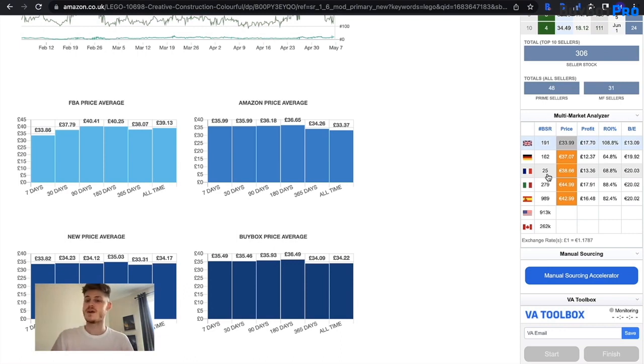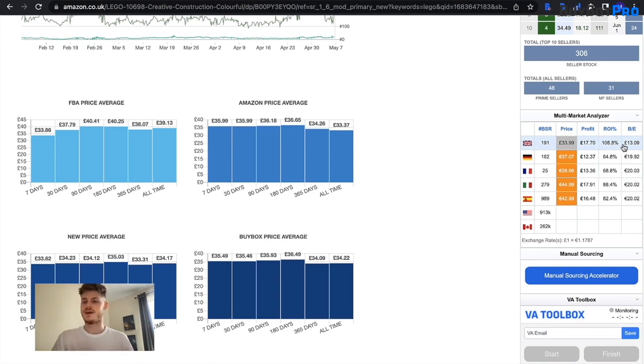and it's color coded as to who currently has the buy box. So just the same as the competition analysis, you have gray for merchant fulfilled and orange for Amazon. If you saw green, that's for an FBA seller, and if it's blue, it's merchant fulfilled prime. You can also see how much profit you would make if you were to sell for this price as well. In the other marketplaces, of course, we've taken into account any additional fees for selling into another marketplace. It also shows us the ROI that we would achieve by selling at that price in this marketplace,